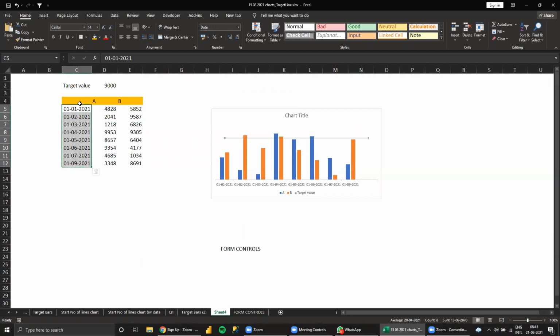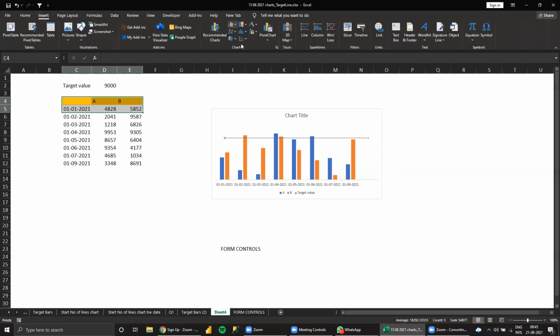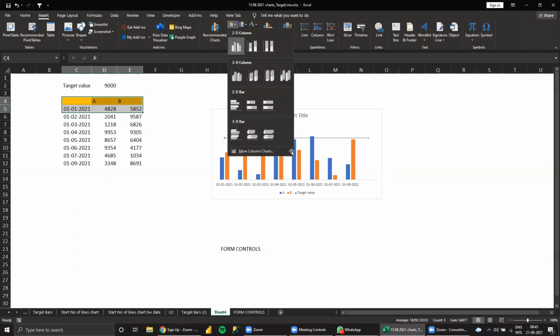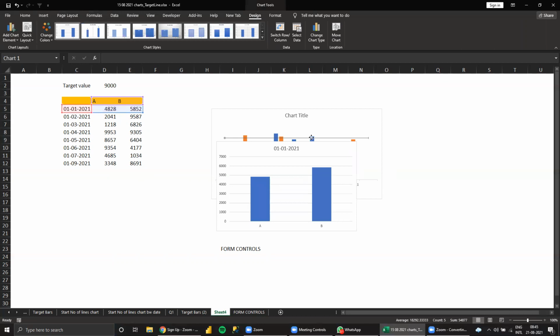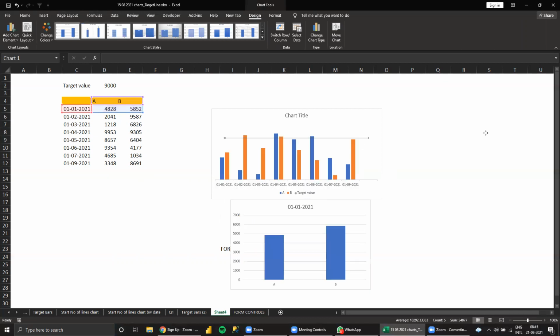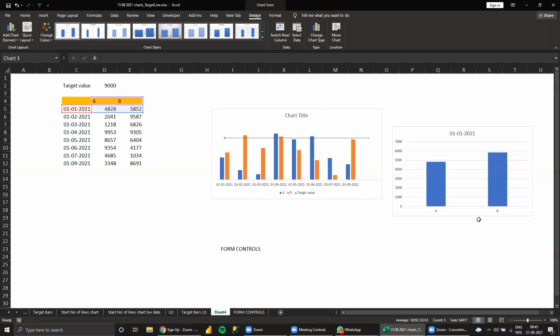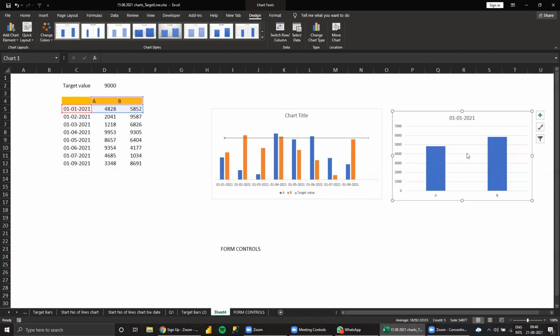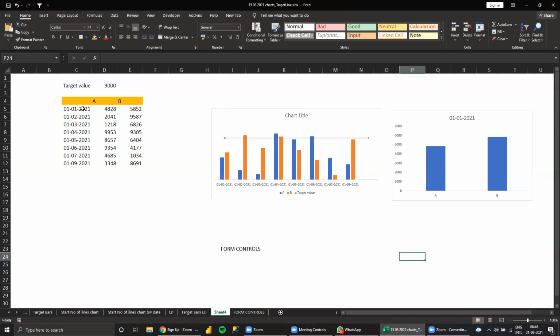For example, I have a chart like this, only for this. I'll give a chart like this. Somewhere here, now this is only for this number.